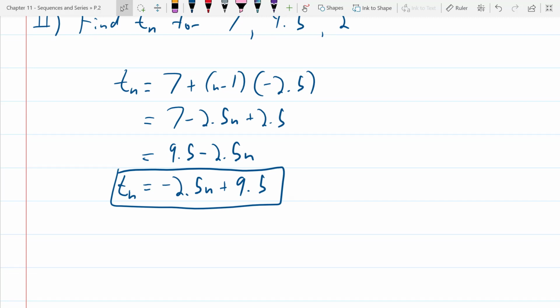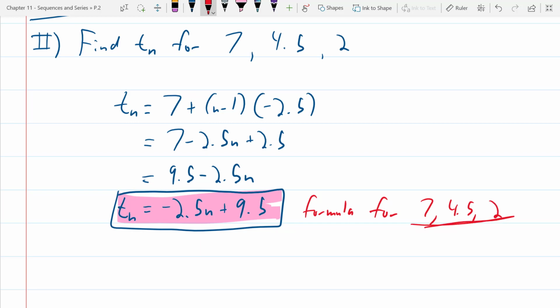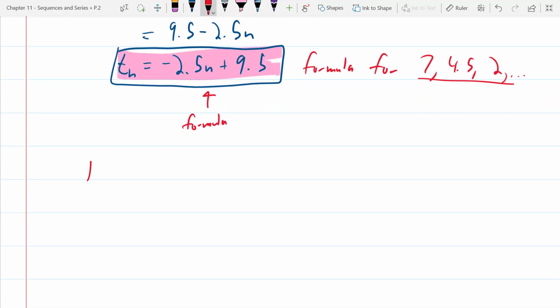this is an example of now finding a general formula. So I want you to think about this as being the formula for the sequence 7, 4.5, 2. So this is a way to say, here's a sequence, and if I put a dot, dot, dot, I mean the sequence goes on forever. But this is a formula which is so much more valuable in math, because let's say I wanted to find T11,